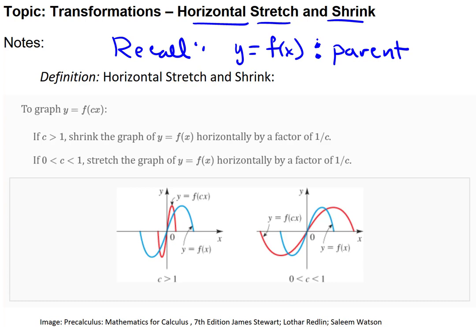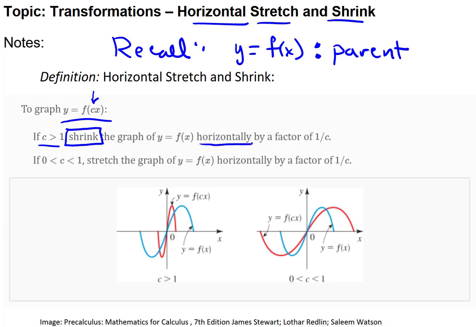That's what we mean by f of x. Now, for a definition of horizontal stretch and shrink, we'll understand the basis of it to be where y equals f of c times x. Notice now the value c is tucked inside the parentheses in the input of the parent function, multiplied in front of the x. So if c is greater than 1, we'll see that this will turn into a shrink